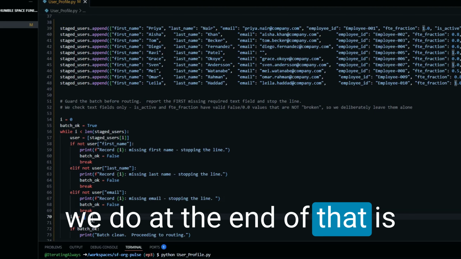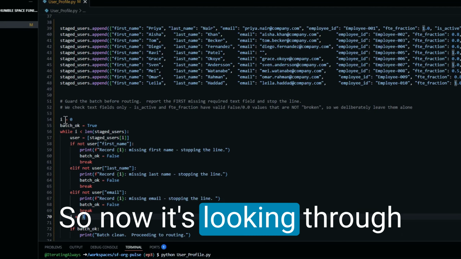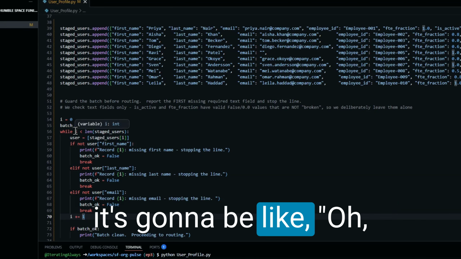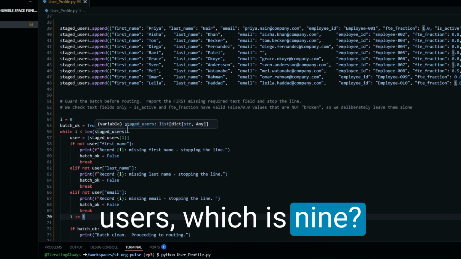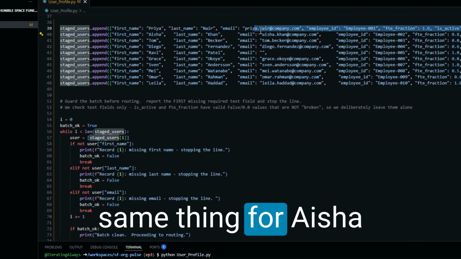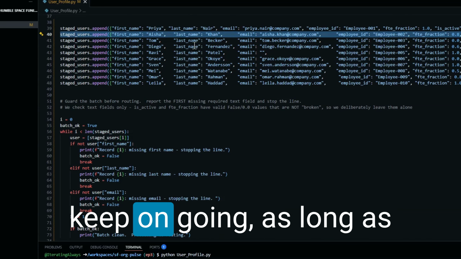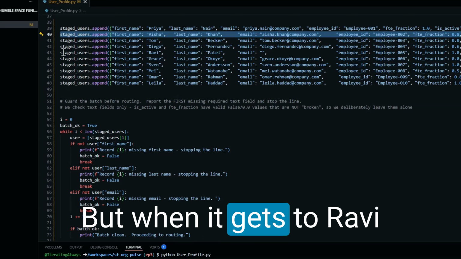Then what we do at the end of that is we add a value of 1 to i. So now it's looking through this whole thing and asking, is the value of 1 less than the length of staged users, which is 10? And yes, it would be. So now it's going to do the same thing for Aisha Khan, and it's going to keep on going as long as the value is true. But when it gets to Ravi Patel,